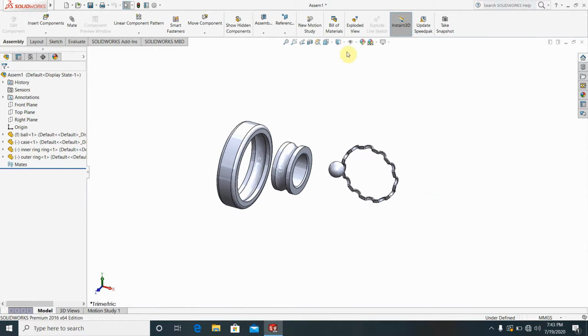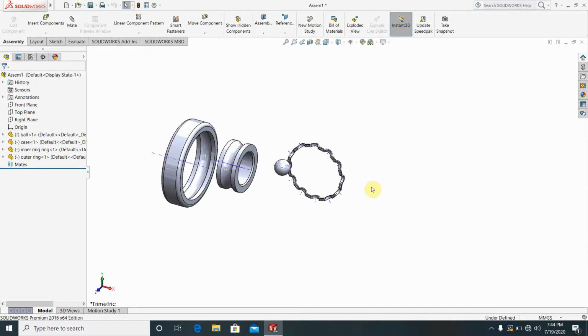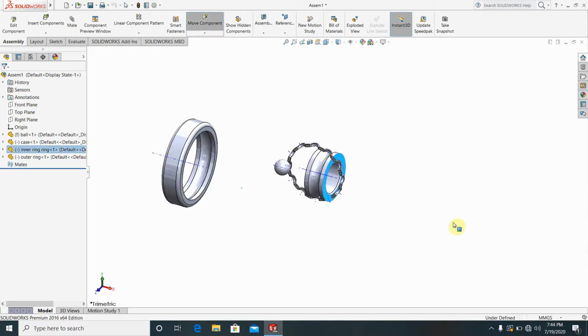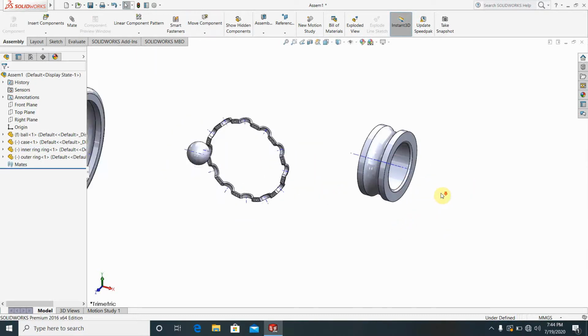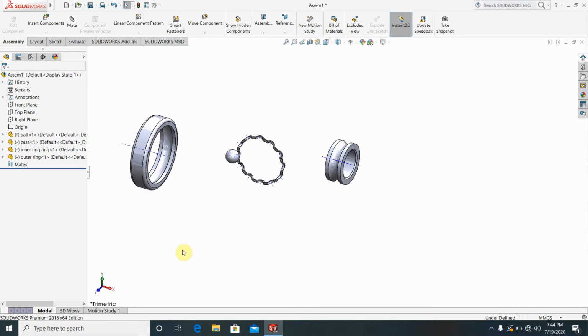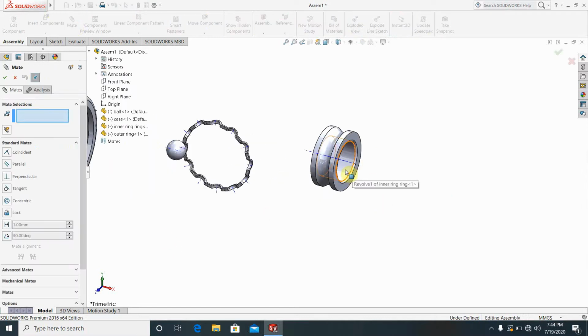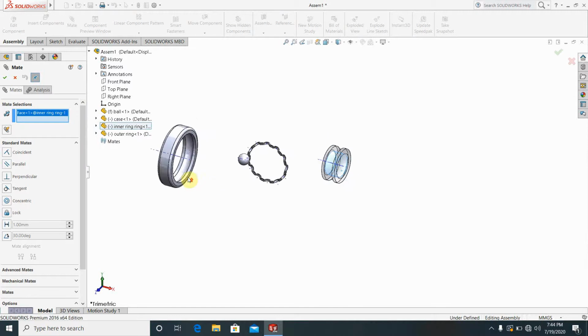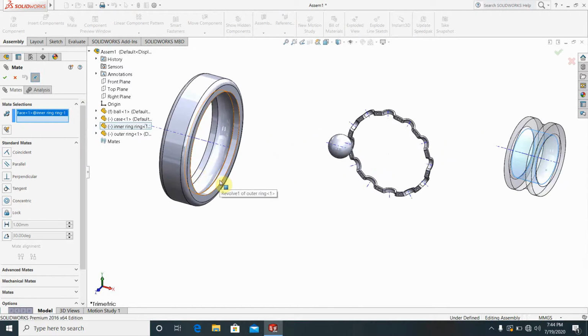At first you have to show this temporary axis here. Okay, now I'm dragging it here, and then I make mid, the mid between these and the mid between